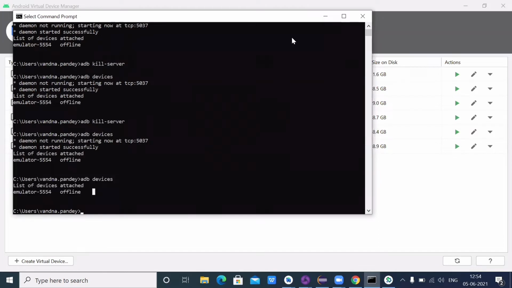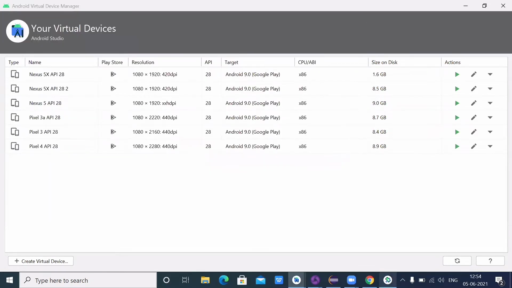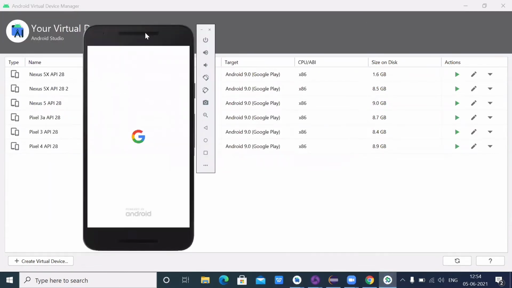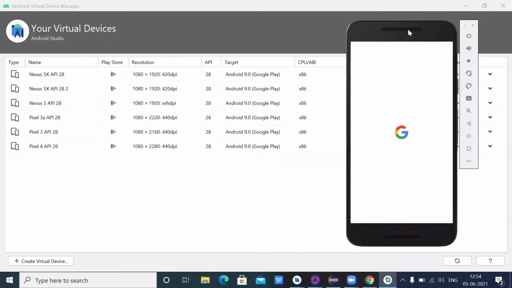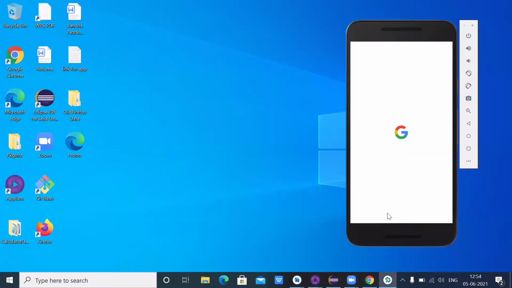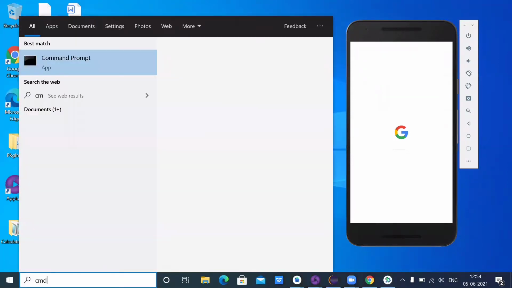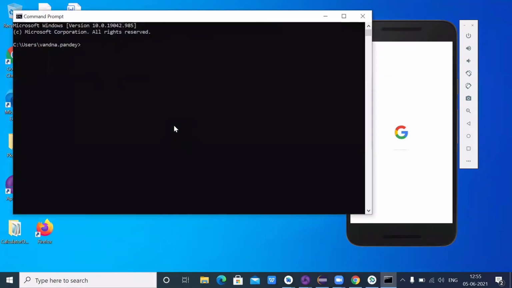Then also it is showing offline. Okay, it is loading for now, so I can't check for that. I need to wait for some time. Again, I will open my CMD and type adb devices.